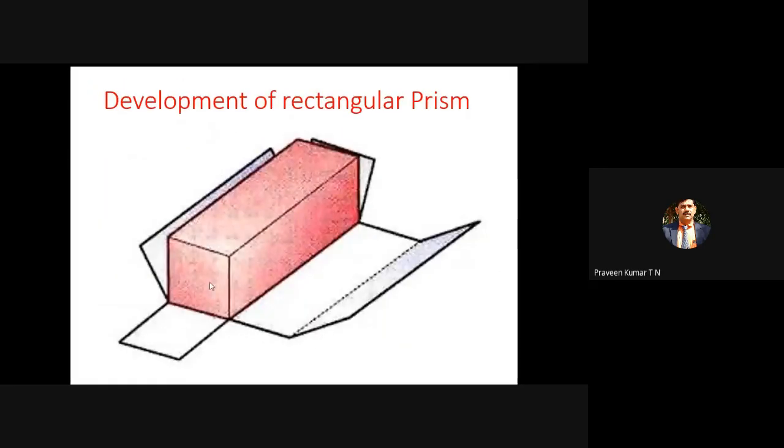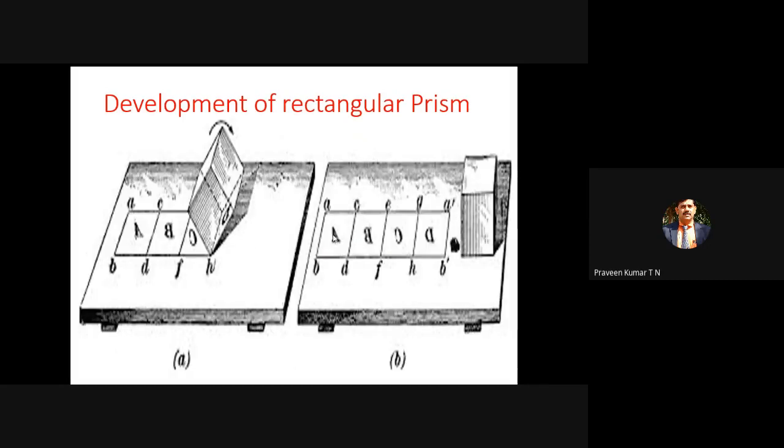The same thing is shown here. You are removing the front face of the prism and the back side face of the prism completely. Then you are cutting along one particular longer edge. Then you are opening it, so we'll get 4 lateral faces. We can see one already semi-opened lateral face on the left side, and on the right side a semi-opened lateral face. This is the rightmost edge plane, and here there is one more lateral face. Exactly below this square prism, there is one more lateral face. If you do that, you'll get it like this. Finally, you get A, B, C, D. So we end with A, B, C, D.